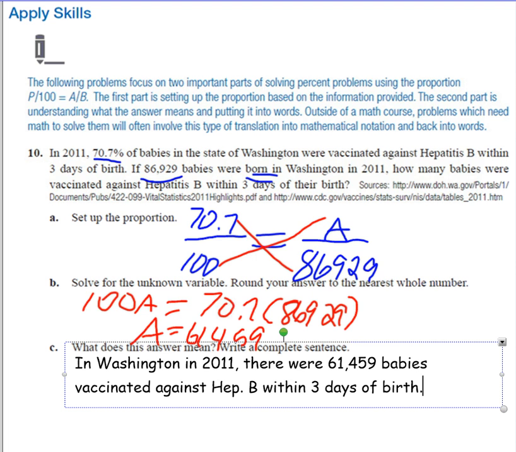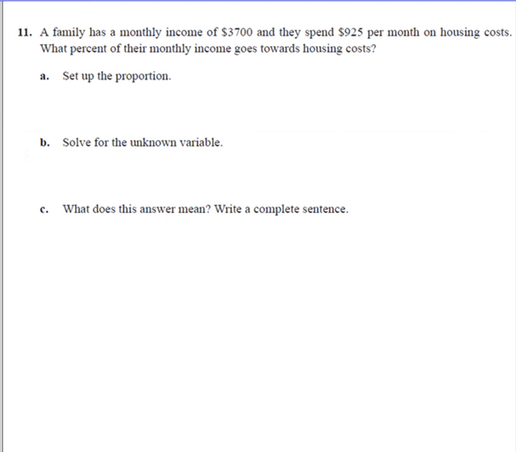Let's take another look at a story problem to help practice. A family has a monthly income of $3,700 and they spend $925 per month on housing costs. What percent of their monthly income goes towards those housing costs? So again, it's asking us to set up a proportion, and we see that we have two numbers. Neither one is a percent, so our percent is going to be our unknown. It even says what percent there to help us. And so when we are setting up our proportion, we'll have P over 100